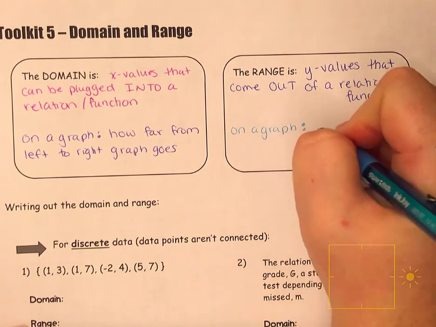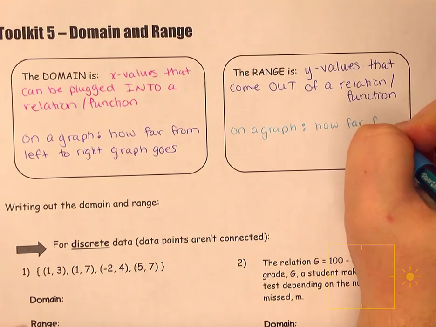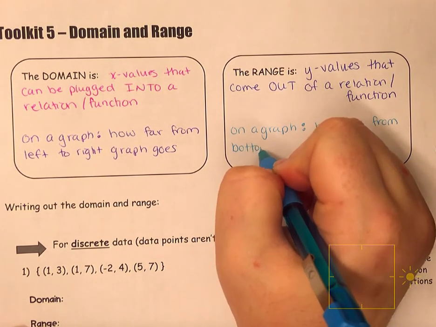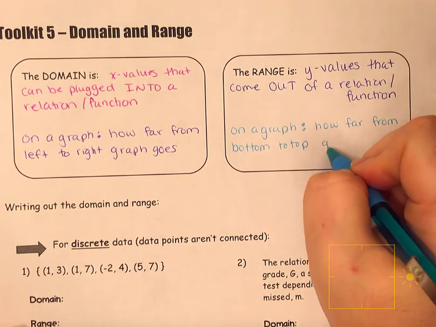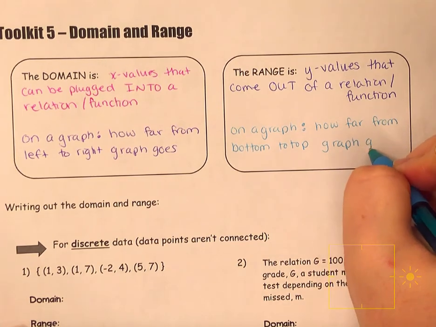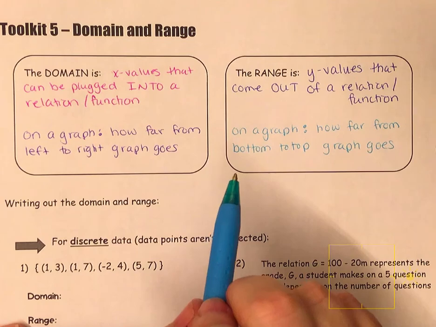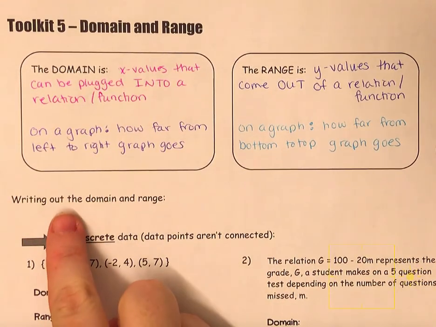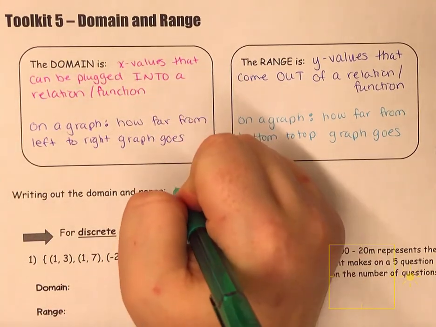So the range on a graph is how far it goes from the bottom to the top the graph goes. So we want to go from the smallest to the largest value. When we're writing out the domain and range, we will always